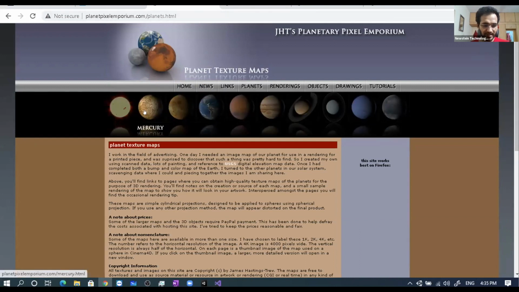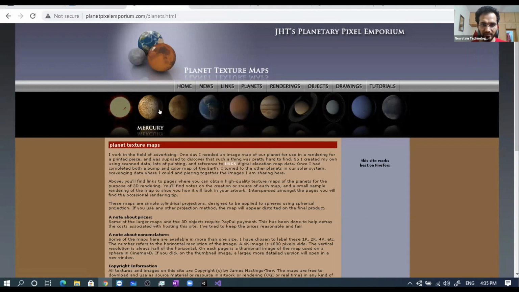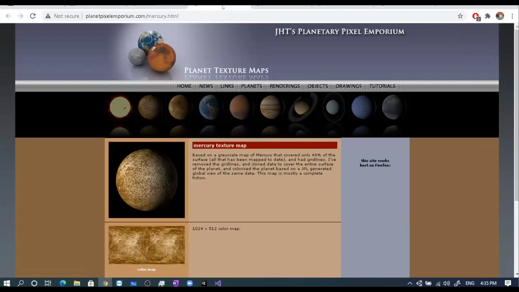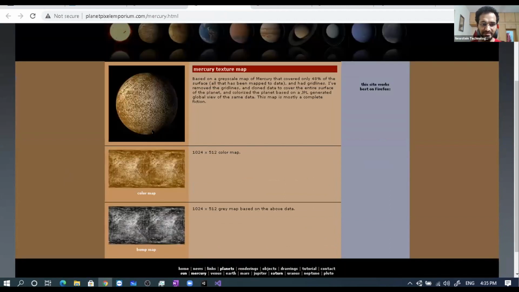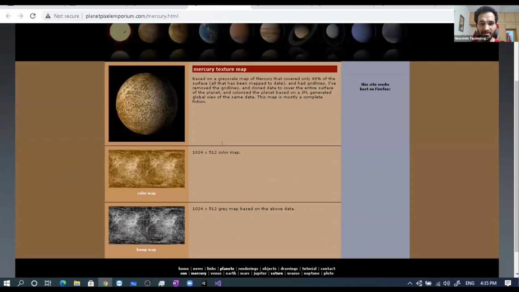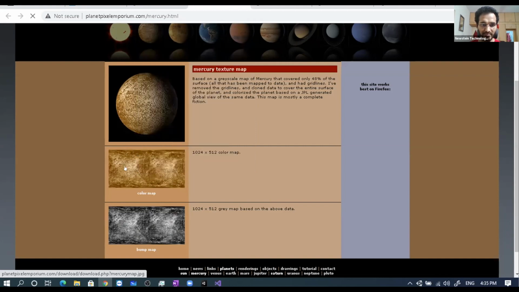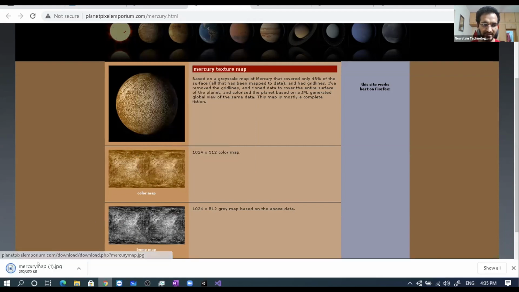Now I just clicked on one of the images and opened it. Here you can see this is Mercury, and this site is also providing the texture. So these are the texture maps. I'll download this, which I've already downloaded. As soon as I click here, it starts downloading.